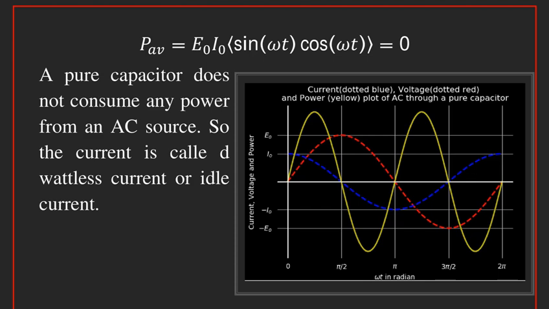And in the third quarter the capacitor is being charged again, so the power is again stored inside the capacitor. And in the fourth quarter that stored energy is again returned to the AC source. So in the case of a pure capacitor, the capacitor is alternately being charged and discharged. During charging, energy is consumed by the capacitor, but during discharging, that energy is given back to the source, so that the average power consumed is 0.